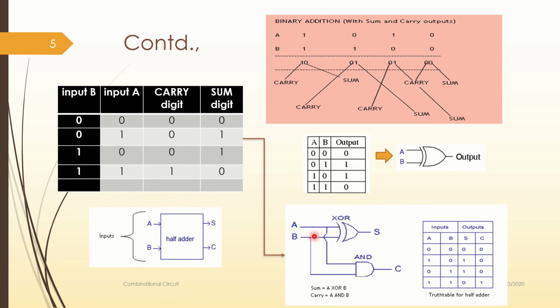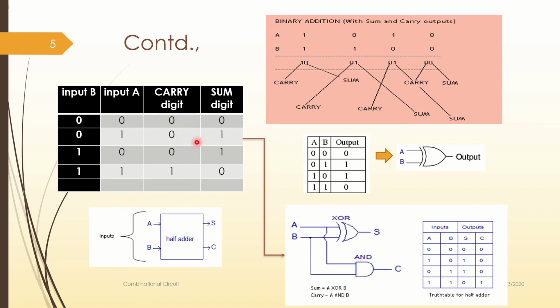The sum is nothing but a function. Sum can be obtained easily using XOR gate. A and B XOR will get you sum because the truth table for the XOR is exactly what is reflected here. When input is 0 and 1, you get 1. When input is 1 and 0, you get 1. Rest all times when you get both the inputs as 0, 0 or 1, 1, when both the inputs remain the same, output is 0. And so what we need here is an XOR gate. Now this is done.